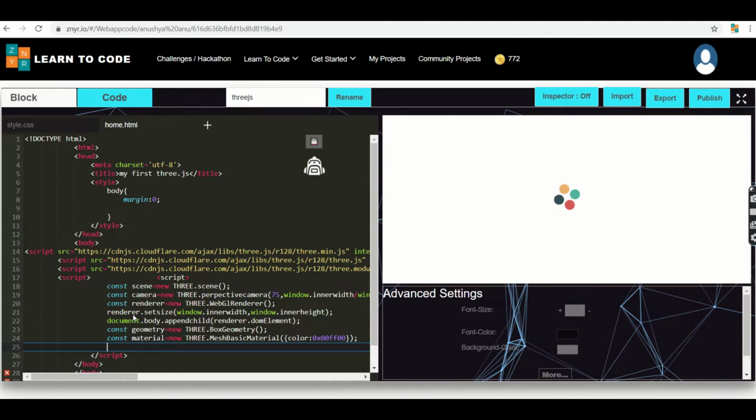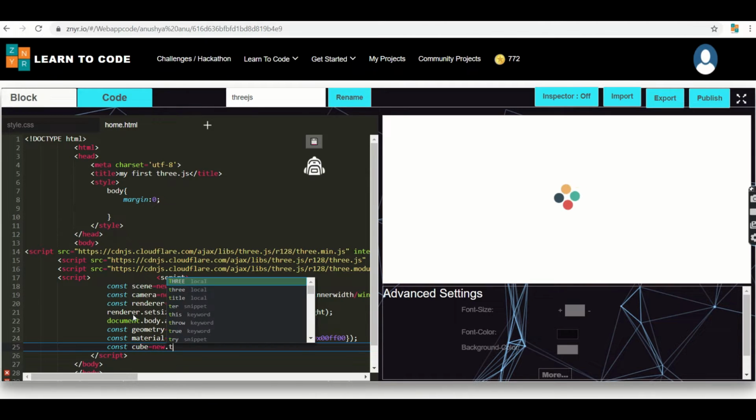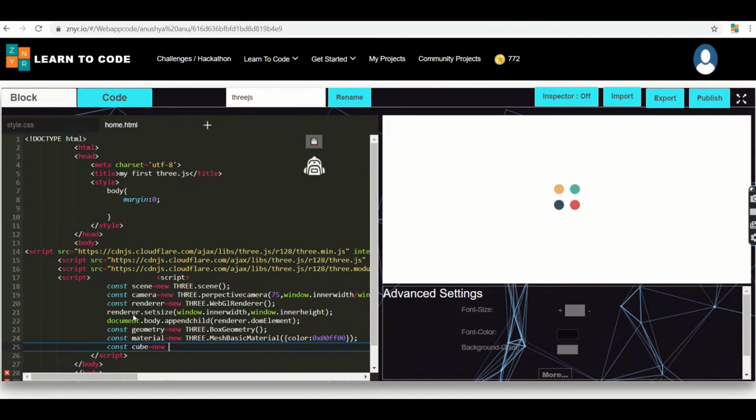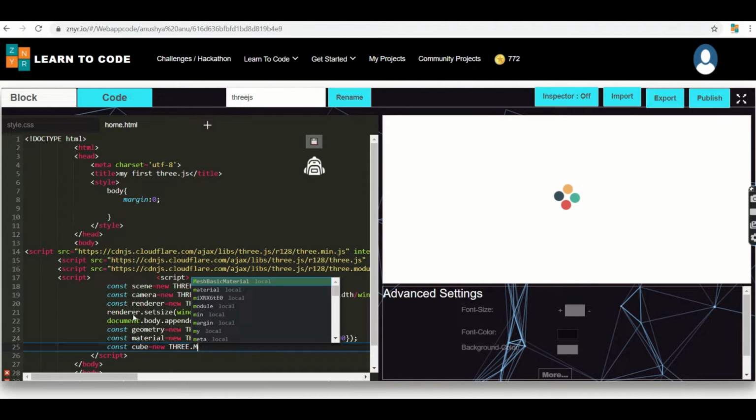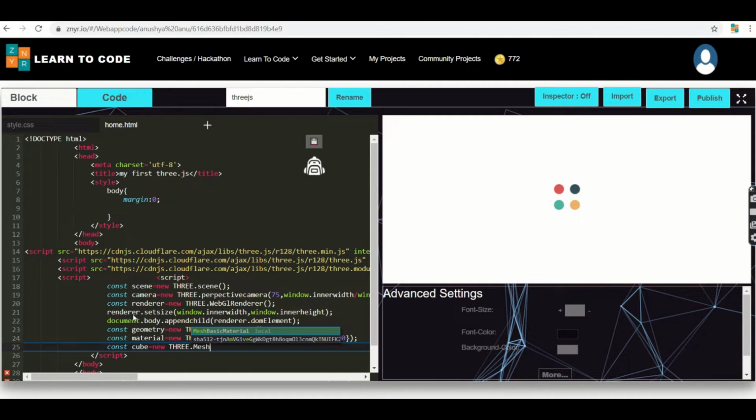So next I'm going to use a constant cube, which is equivalent to new THREE.Mesh.